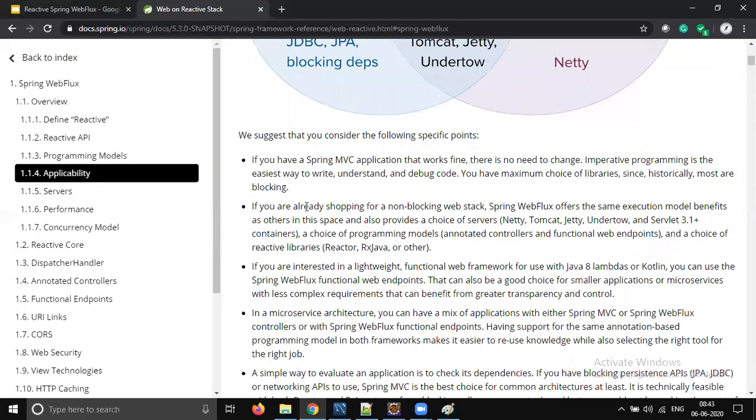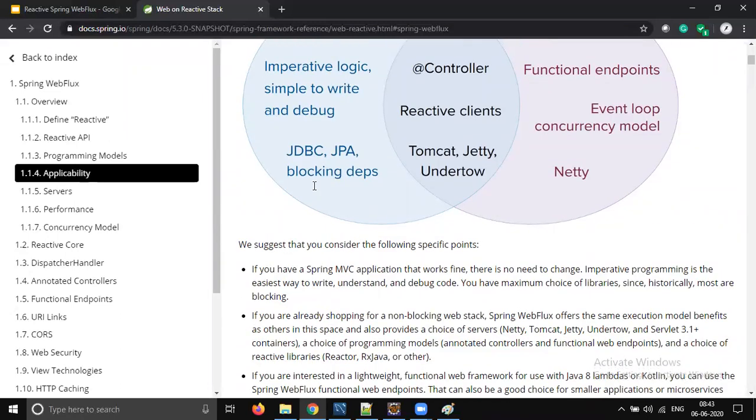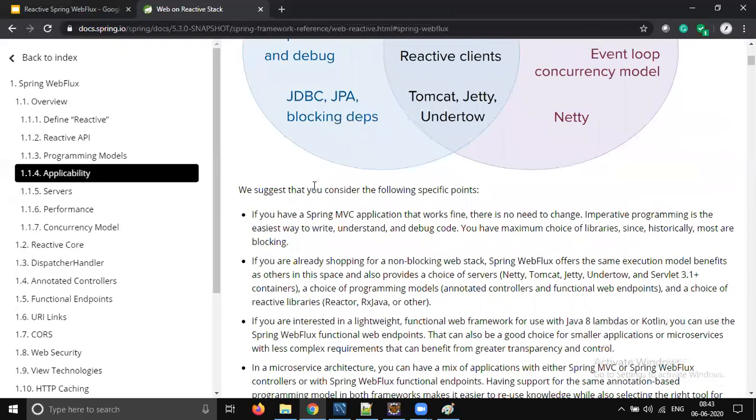There are some pros and cons about when to use Spring WebFlux and when not to. For example, if your Spring MVC application is working fine, there is no need to change it to WebFlux.